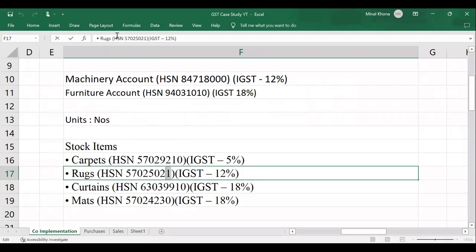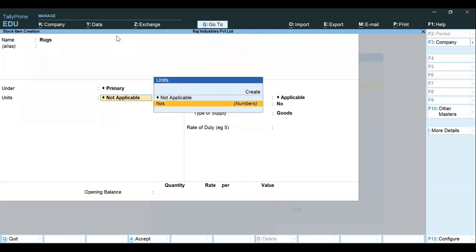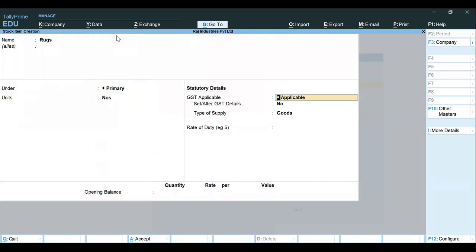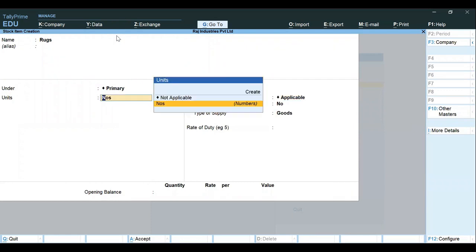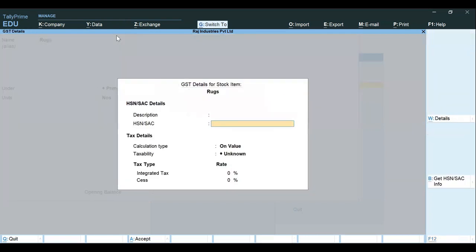The next is rugs. All right, let's create one more stock item. Let's check numbers. Do not forget to put the units. Selecting applicable, set alter GST, yes. Now the HSN number,